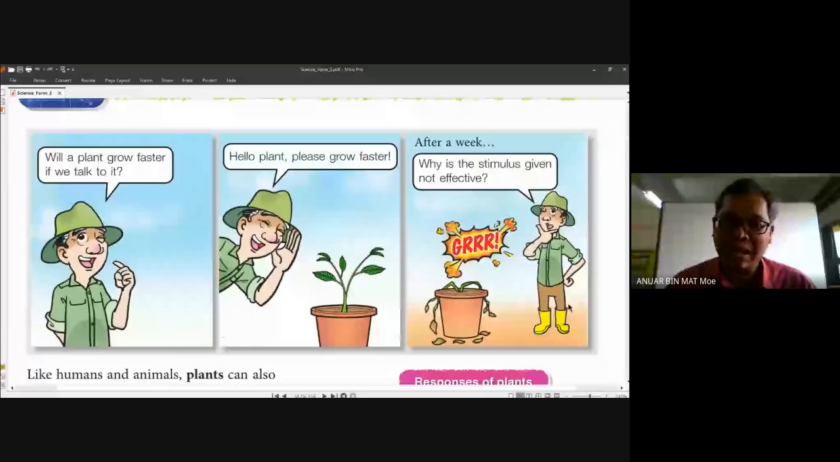But I do not want to. But there is a research. There is a research. You can try to find it on the internet. There is a research on one particular plant, they